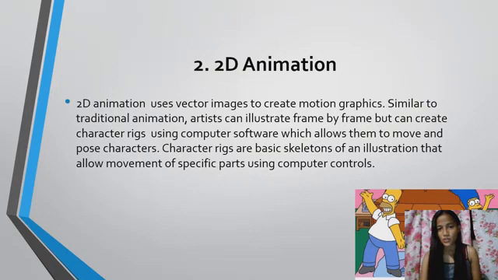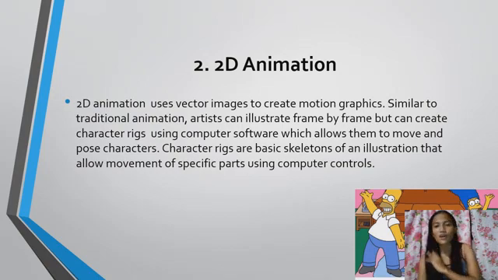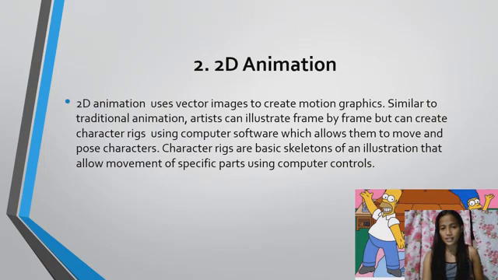So 2D animation uses vector images to create motion graphics. So this is similar to traditional animation. So artists can illustrate frame by frame but can create character rigs using computer software which allows them to move and pause characters. So character rigs are basic skeletons of an illustration that allow movement of specific parts using computer controls. So medyo nahahawig na siya